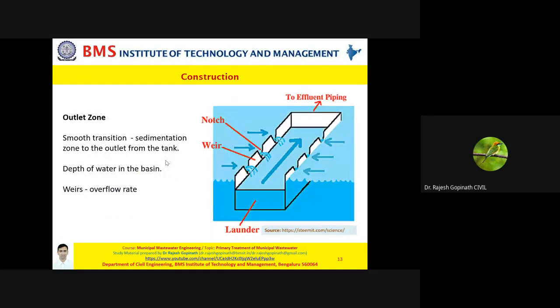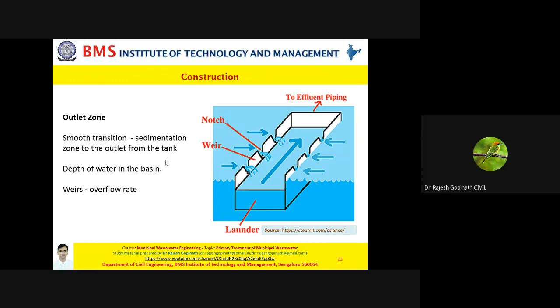Now, the fourth one, the very important zone, which is your outlet zone. The outlet zone is wherein there is a smooth transition, or a facility provided for the treated wastewater to be uniformly removed without any disturbance, without any scum, suspended solids or settleable solids entering it. For this, it definitely depends on your overflow rate. Probably what the outlet zone can have is weirs, because the weirs set at the end of the tank control the overflow rate and prevent the solids from rising back.